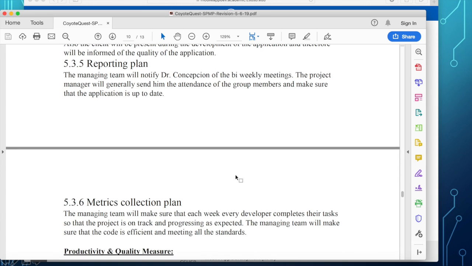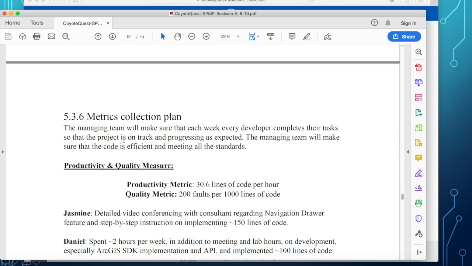The metrics collection plan, we're going to measure your productivity. How many lines of code does the team produce per hour? And what is your number of faults per 1,000 lines of code? So I want you to gather metrics on productivity.